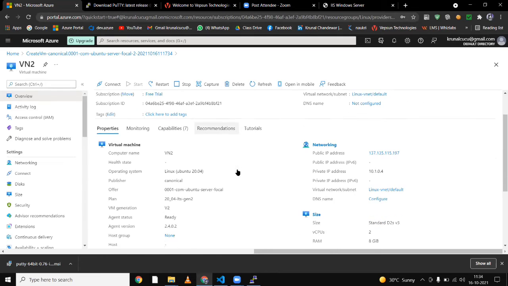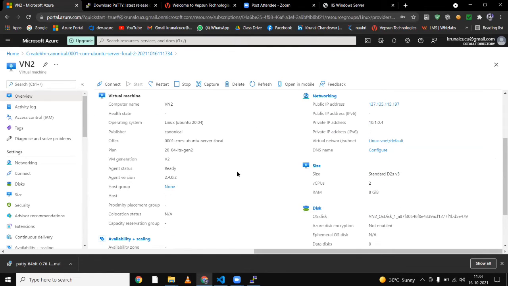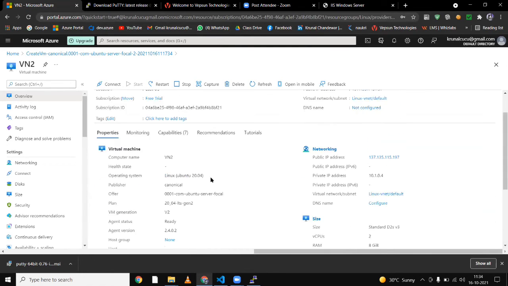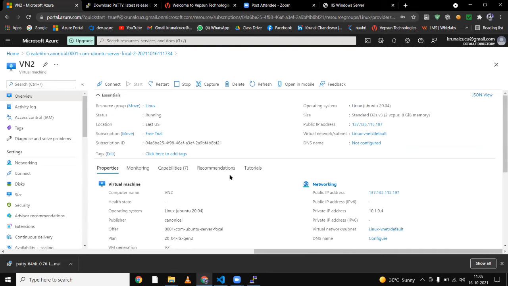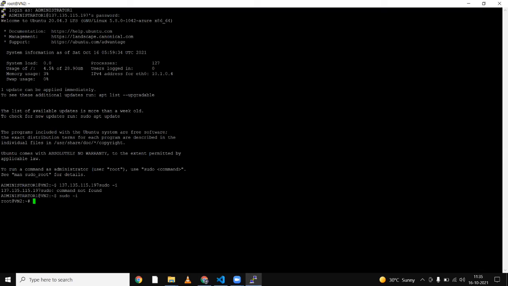We gave the administrator username and password also. After that I copied this public IP, because I want to access this virtual machine in my PuTTY tool.